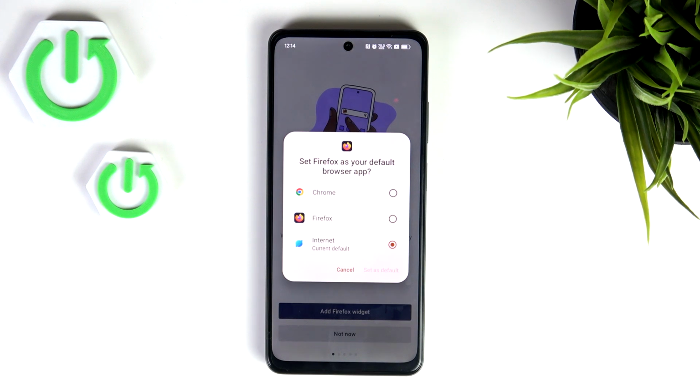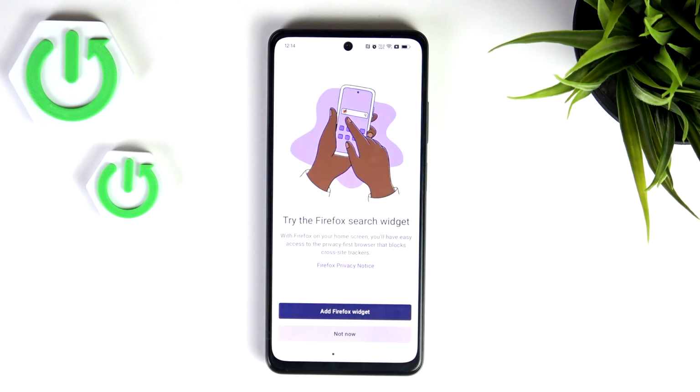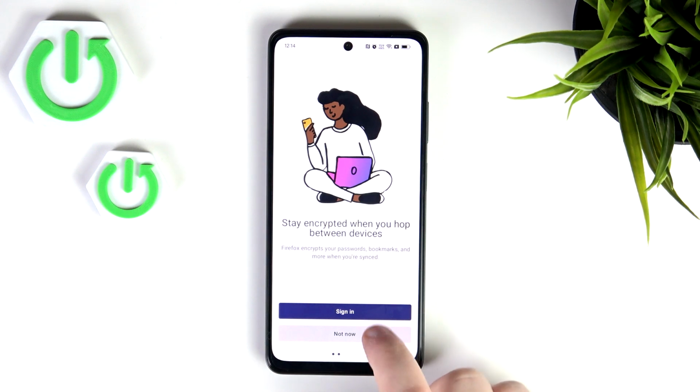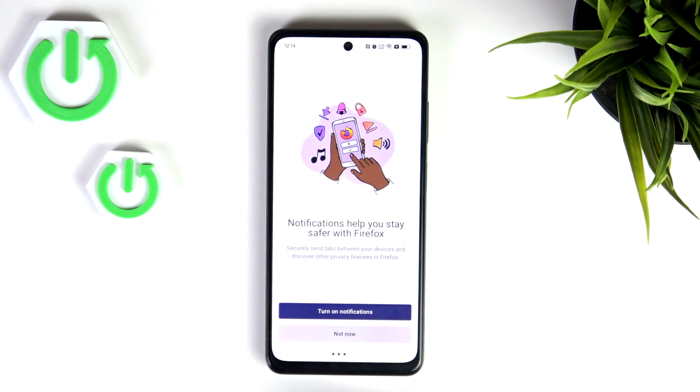And here you can set your default browser, or you can click cancel, and now you can add Firefox widget, or you can click not now. Here you can sign in to your Firefox account, or you can click not now, and now you can turn